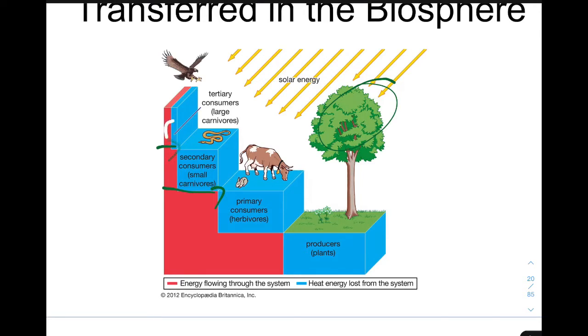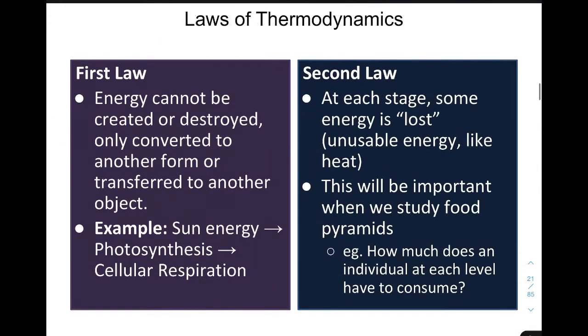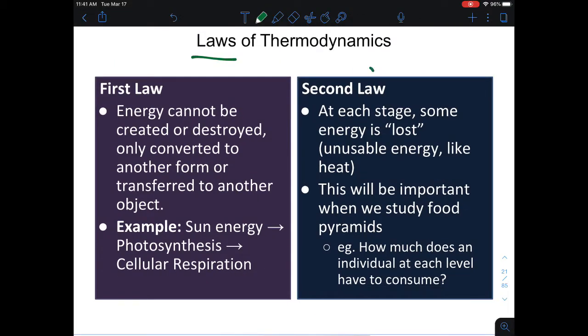So as we go through these layers, we notice that the energy seems to just be disappearing. And of course the energy isn't really disappearing, but we need to think about what's going on. We need to take a little detour into physics. In physics, one of the most important ideas is the idea of conservation of energy. The second law of thermodynamics is our key for this unit, which is transforming energy from one form to another. So from chemical to mechanical, from kinetic to potential, whatever. Anytime we make any of those changes, then some of that energy is lost.